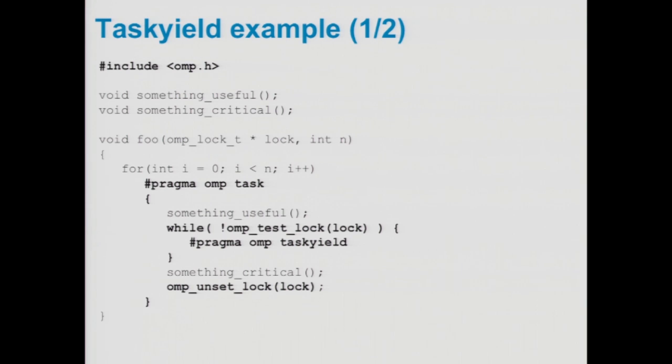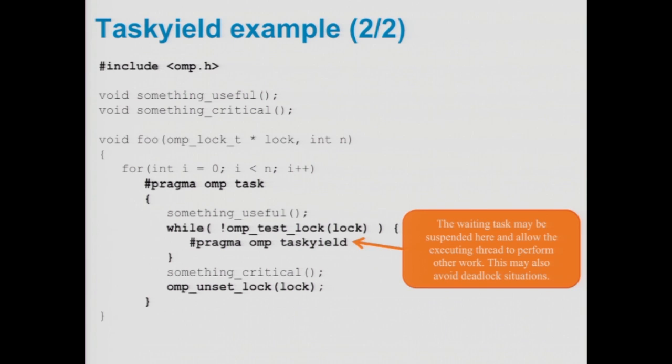CPU. If this was an untied task, when it comes back from the Taskyield, maybe it would be assigned to another thread. If it's a tied task, it's guaranteed to be assigned to the thread that it was on before it yielded. But this kind of allows a very, very fine-grained dynamic scheduling to occur as part of the tasking